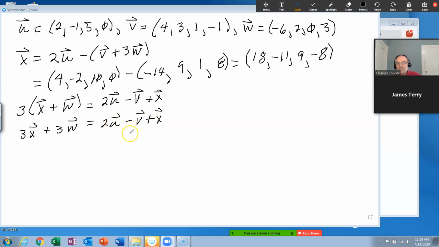Okay. Now what would you do? Okay, I agree. Let's subtract an x, vector x, from both sides, and also let's go on and move our 3w to the other side. Okay, so that gives us, as you were saying, 2x is equal to 2u, as in happy birthday, minus v